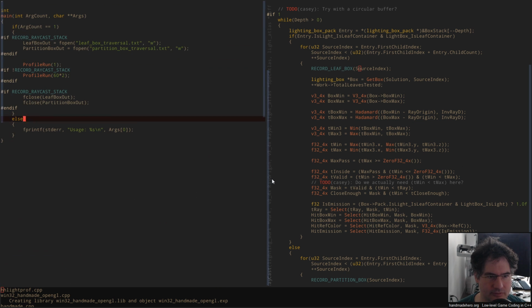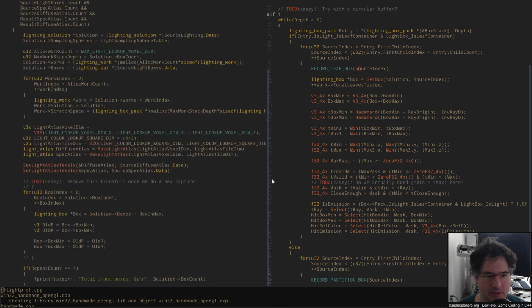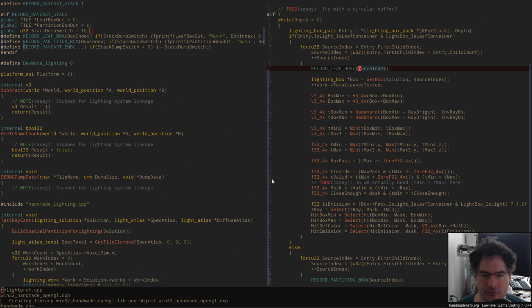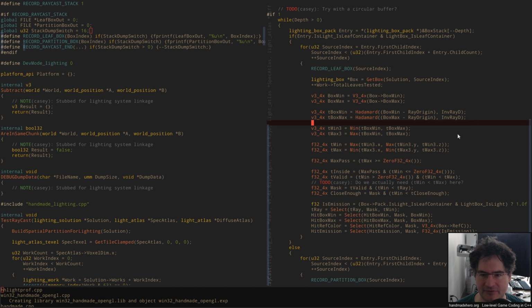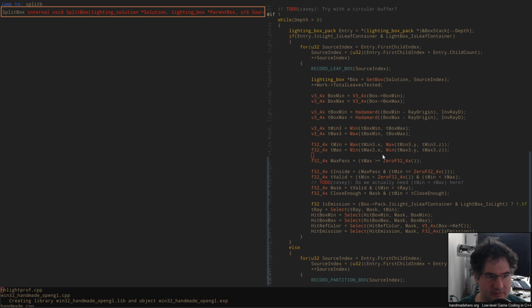So I'll make sure I'm dumping these right. I mean, it looks like I am. So, you know what? I don't even want to do a comparison yet. I want to know what the heck is going on here with this. So let's find out in Splitbox,